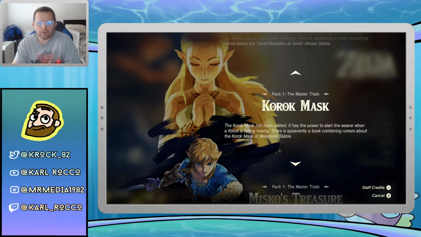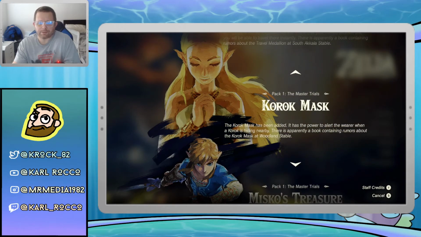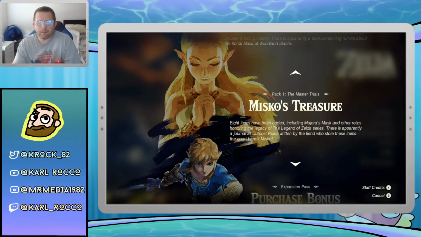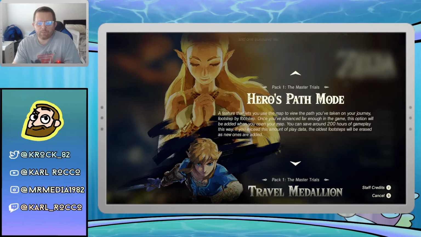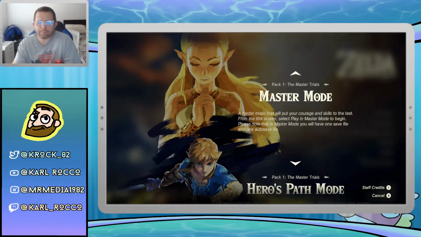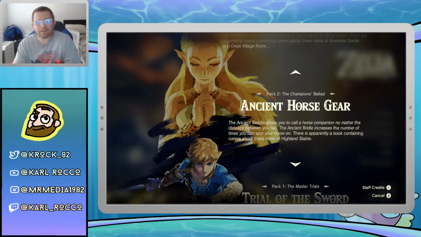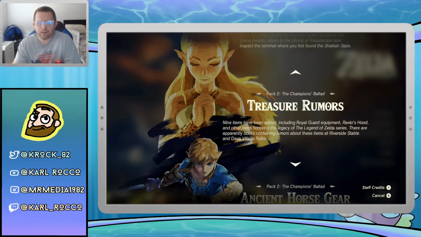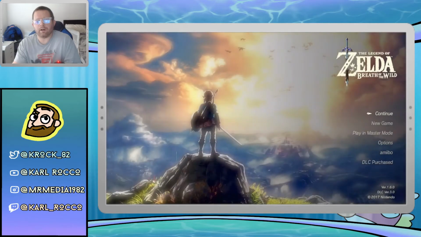Parts pack 1, which is the Master Trials Travel Medallion. We have Part 1, which is the Master's Trial, the Korok Mask. And then we have Miphas Treasure, and then the bonus for purchasing it. And then we also have Hero's Path mode. We have Master mode. We have Trials of the Sword. We have Pack 2, which has Ancient Horse Gear, Treasure, Rumors, as well as the Champion's Ballad. All of it's on the